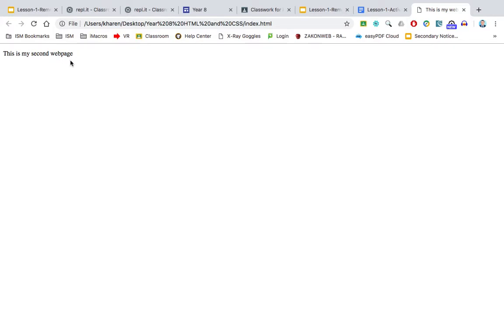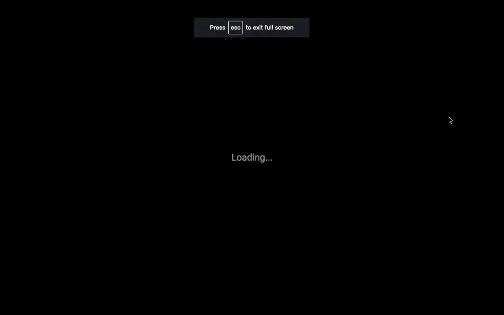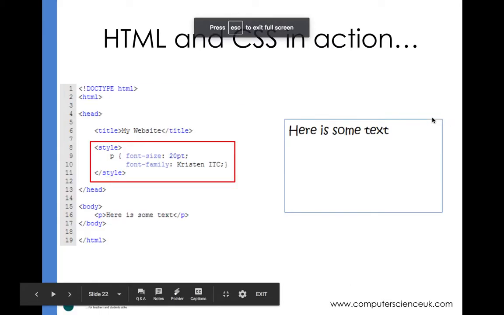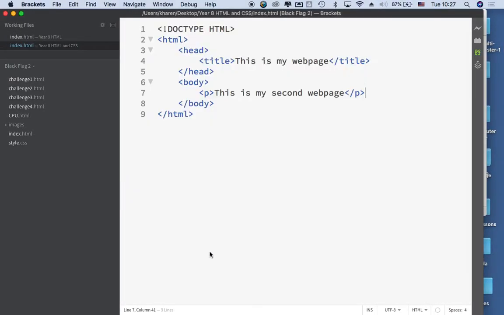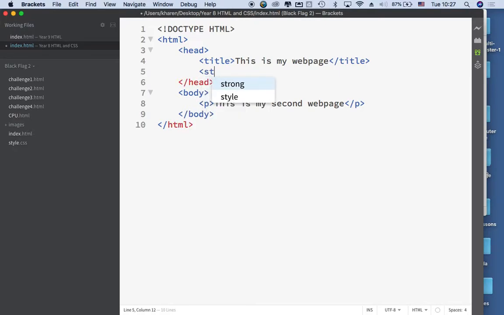So we're going to add some CSS to this now, because it makes it more design appealing. So we're going to try that next. So we'll just go back to my presentation here. We're going to add this tag here called the style tag. Okay, and we're going to add a style for paragraph, which starts with P, and it uses these curly brackets here. Okay, so let's go back into our head tag here, type the word style,